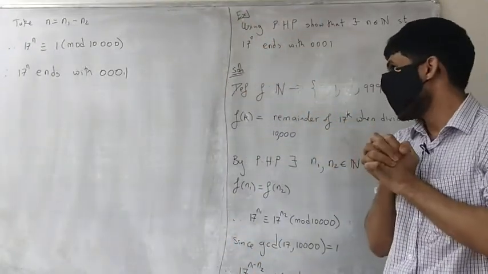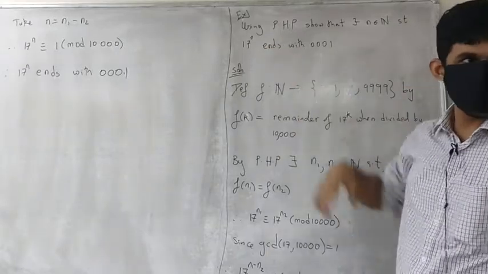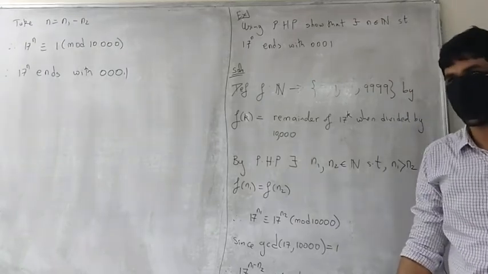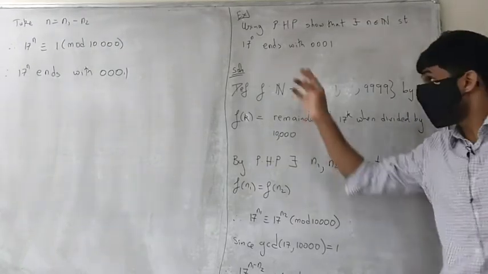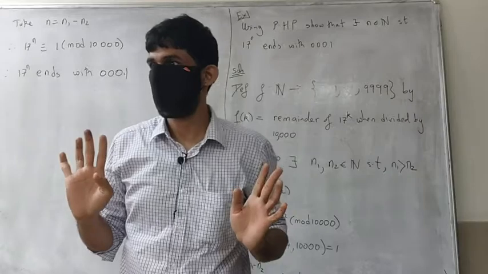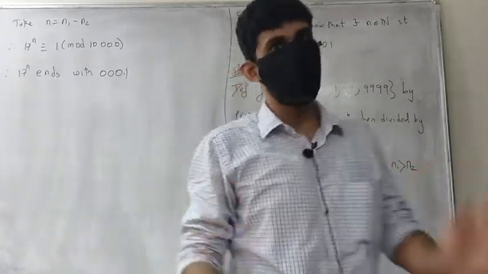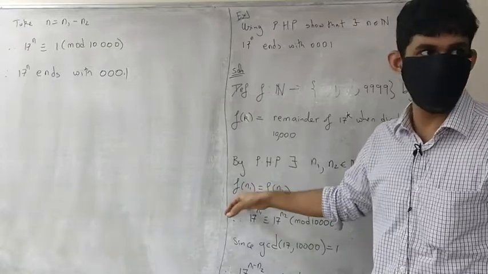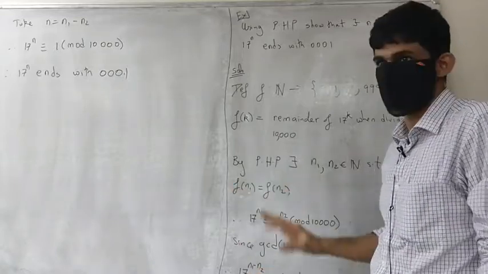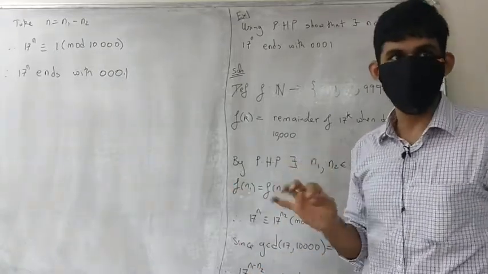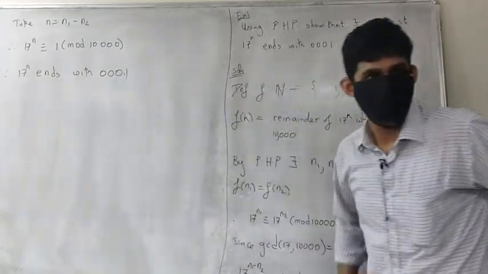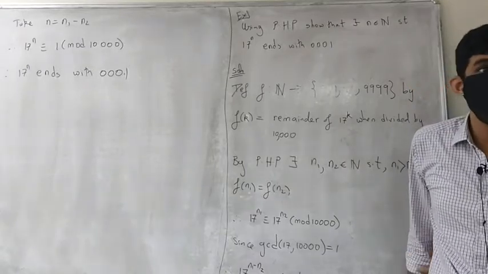Now, does anyone know of any theorem in number theory which gives us this result very easily? With this argument, there is no way we can find out what this n is. Can you see that? We only know the existence of it, from the existence of n1 and n2, we got n1 minus n2. Only existence. There is no way of catching hold of it. But actually, in number theory, you have a result which will be able to spot one of these n's. Any idea? Which theorem?